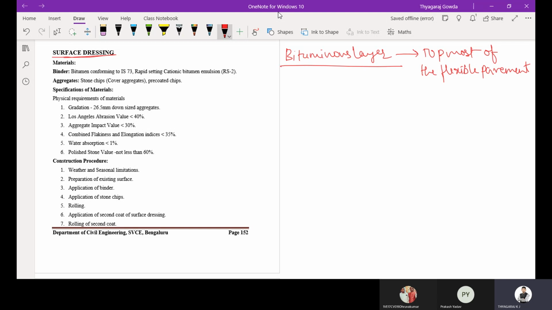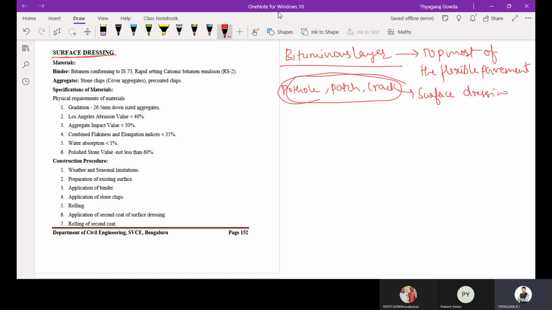As the name itself indicates, dressing is used where there is a formation of pothole, patch, crack. So where the distresses are there, we can go for this surface dressing.